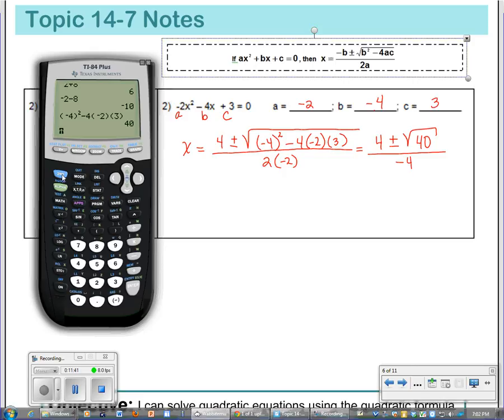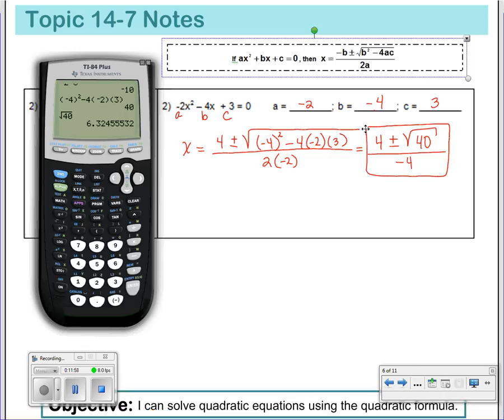So now I'll check, can I take the square root of 40? And then notice what happens when I take the square root of 40. I get a decimal, so this tells me I am done. My answer I may leave like this,